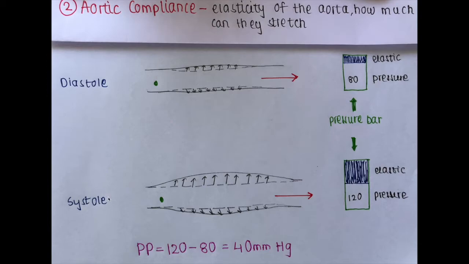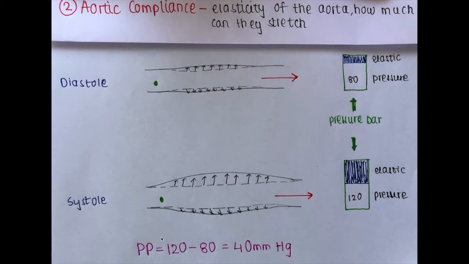But during systole, the heart is undergoing contraction, so there will be greater blood flowing through the arteries. So there is a greater bulge because more blood is flowing, so it needs more space to flow. So to accommodate that much blood flow, the artery will stretch. So there is greater elastic energy generated. So we can say that a greater part of energy from the blood is converted into elastic energy. Here in the pressure bar you can see there is greater elastic energy generated and greater pressure. This is because there is greater blood flow during systole compared to diastole.